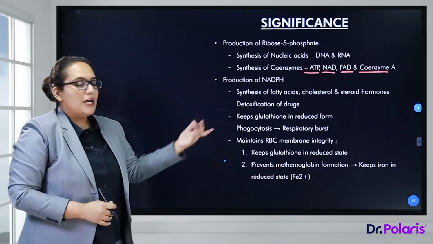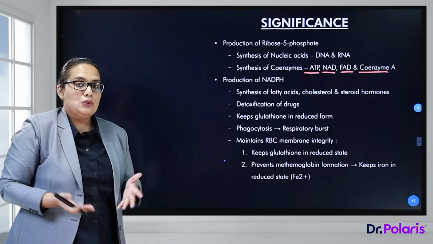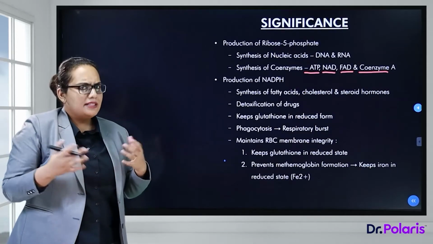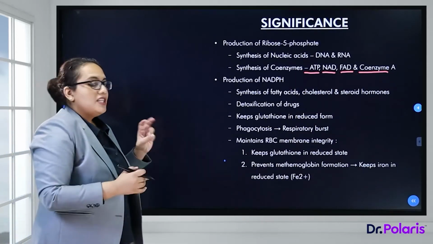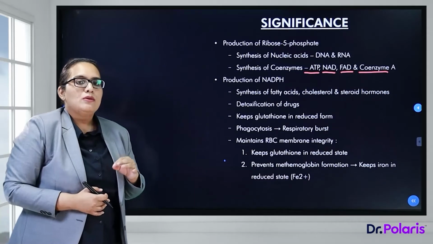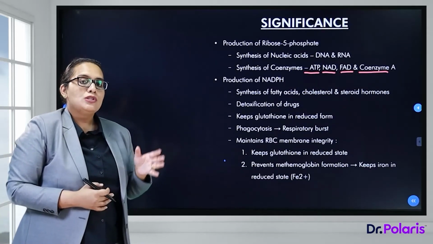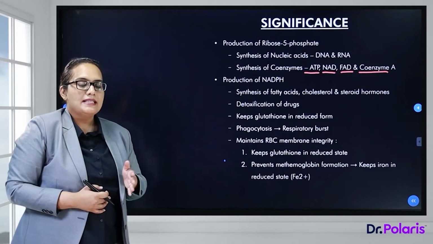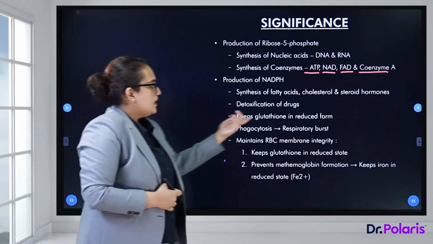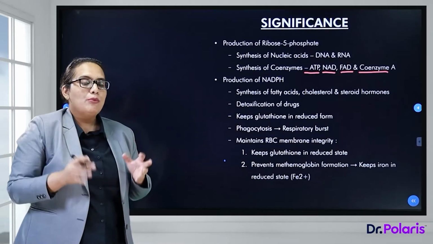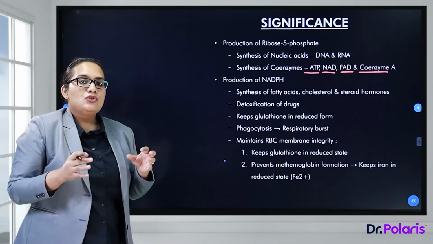The next one is, it keeps glutathione in the reduced form. Now, what is glutathione? Glutathione is a biologically active peptide which contains 3 amino acids. One is glutamic acid, the second one is cysteine and glycine. It's also known as gamma glutamyl cysteine glycine. So glutathione has various roles in the body, and the first and the most important role of glutathione is to